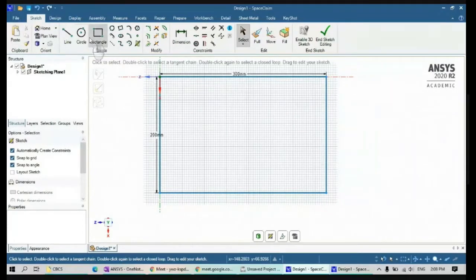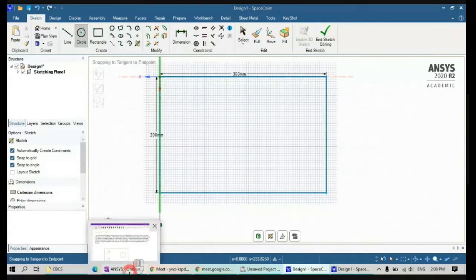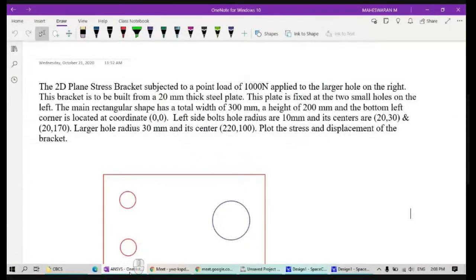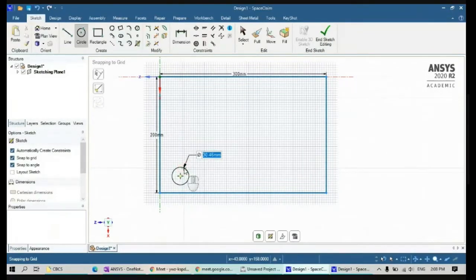Now I will draw 2 circles here. The radius of the circle is, I think, 10 mm, which means diameter is 20, right? It is at a distance of 20 and 30, right? So I will draw 1 circle here. The radius is 20, right?